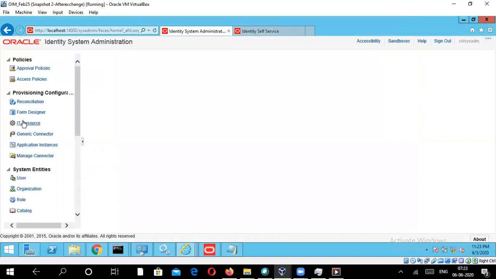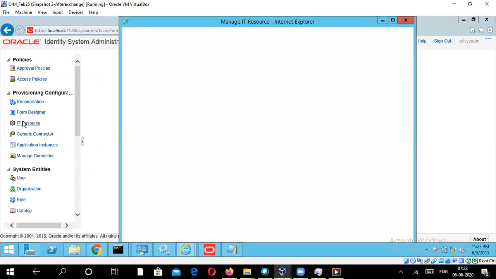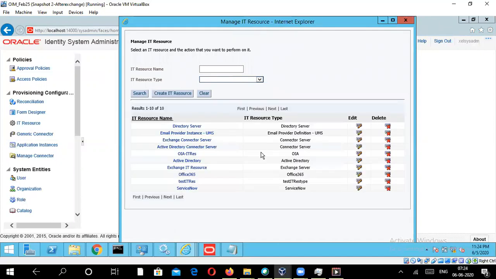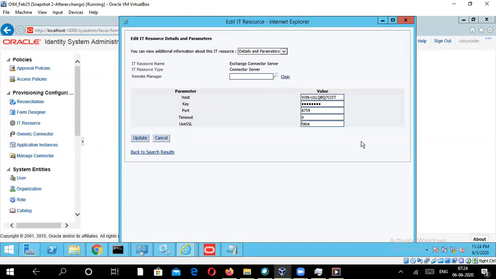In the same way, look into the connector server parameter here. If you remember, when we talked about installing the connector server for Active Directory, I told you the connector server is like a proxy. Whenever OM has to communicate with the endpoint, it talks via the connector server.